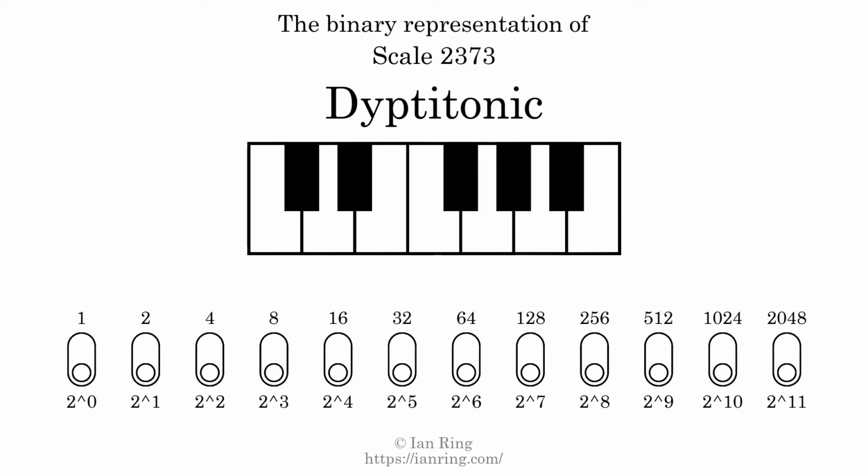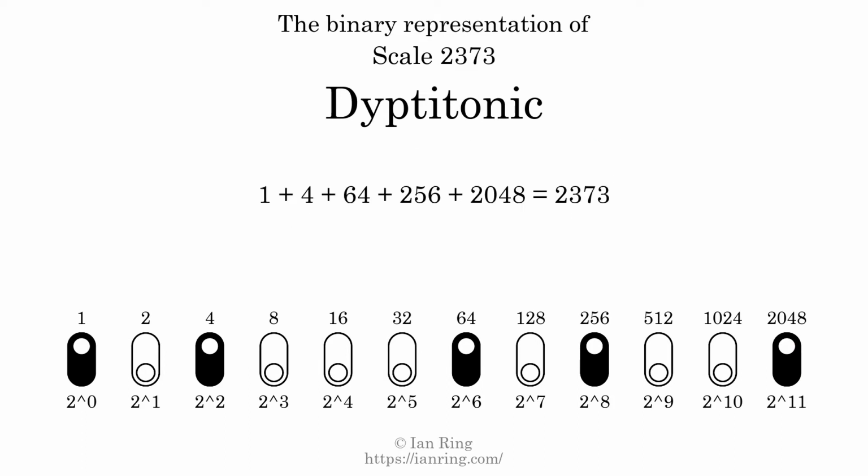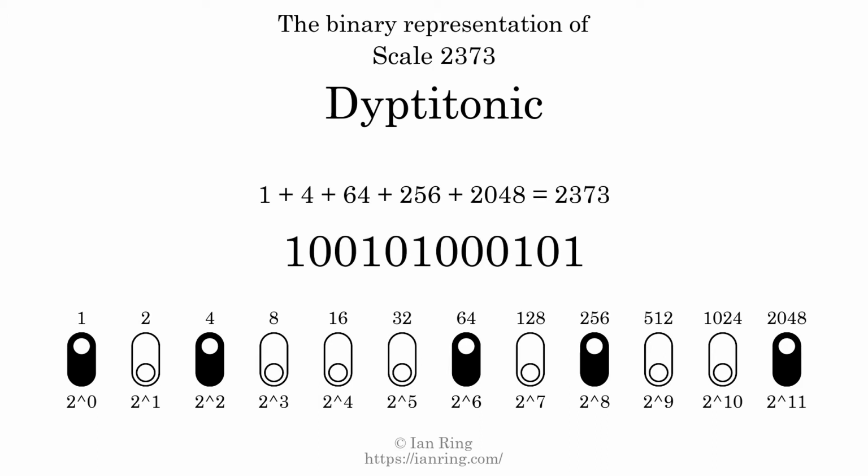The binary representation of this scale is determined by mapping tones of the scale to binary digits. Each binary digit represents a power of 2. To get the scale number, we add the powers of 2 together. The powers of 2 that are present in the scale, all added together, equals 2373. That is why the scale number, in decimal, is 2373. The scale number not only enumerates the scale with a unique index, but it also literally describes the tonal content of the scale. Represented as a binary number in base 2, the scale number is